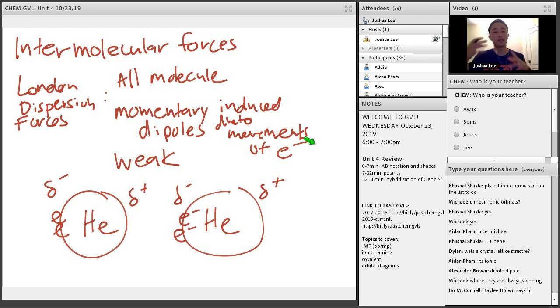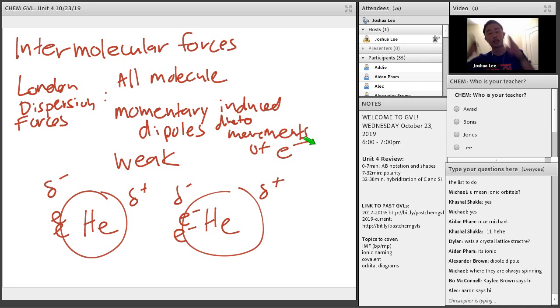So electrons are spinning, spinning, spinning. So for a split second, if these two heliums happen to be right next to each other, and both electrons happen to be on this side,